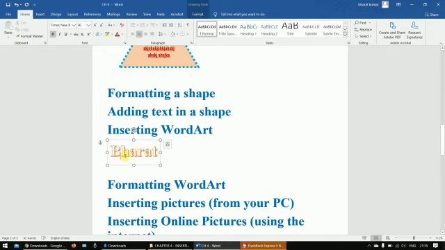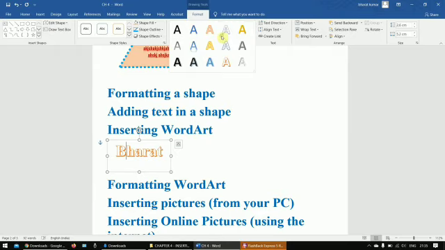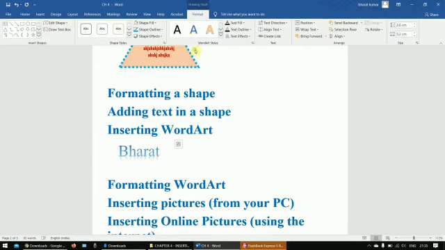Student, after inserting your word art, see, you have a format tab also. Now you can change the layout, design, color. So whatever you want to change, you can. So we have changed the format of our word art.